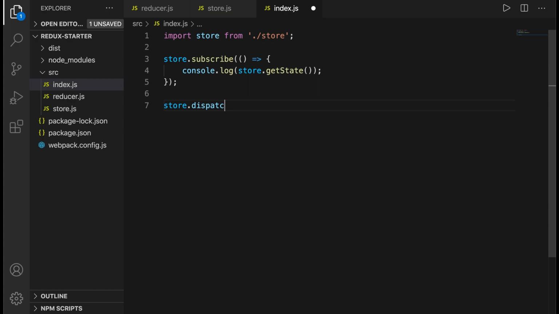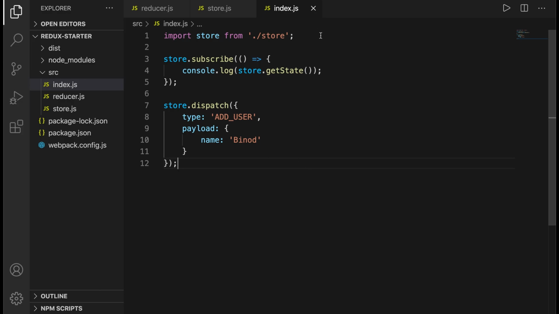So I want to add a username Binod. So I'll give it a type add user and I'll be providing it a payload. Since we want to add a user with a specific name, I'll provide it a name. Awesome.